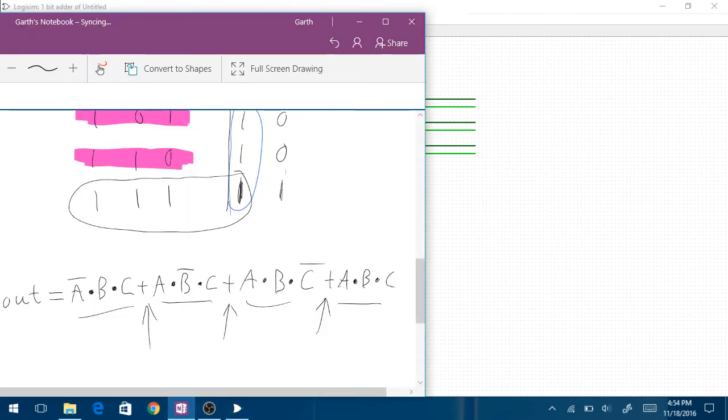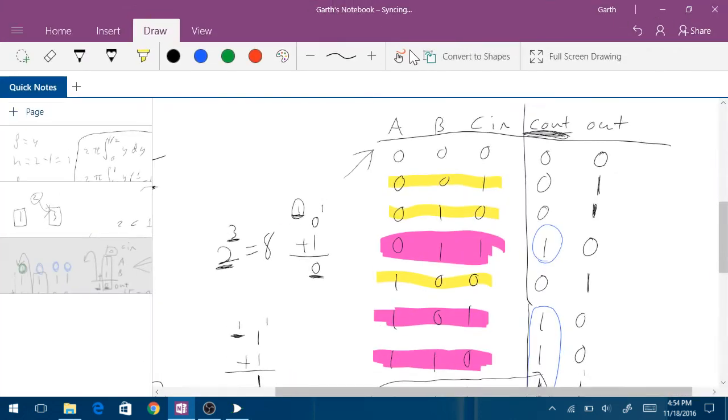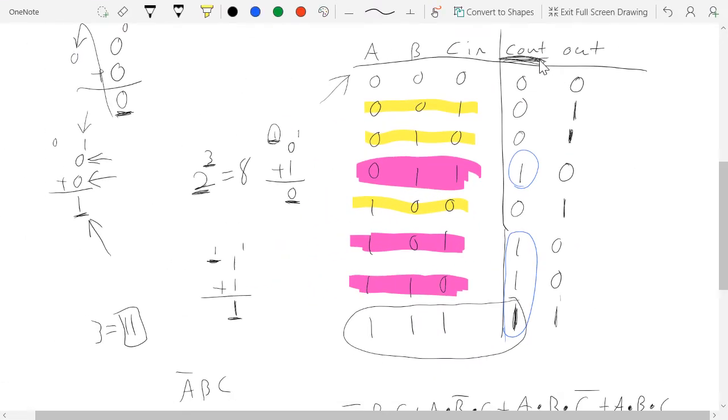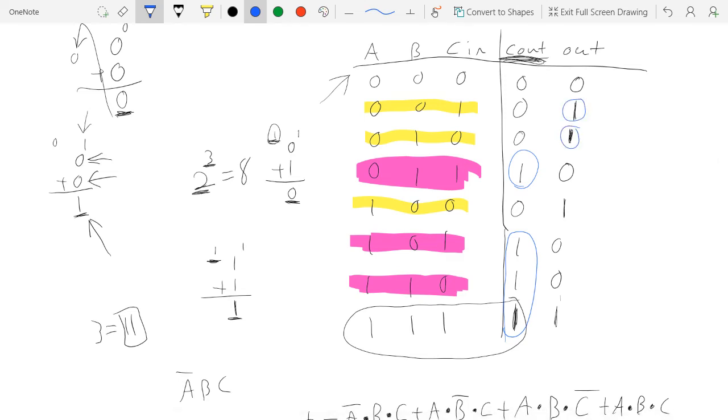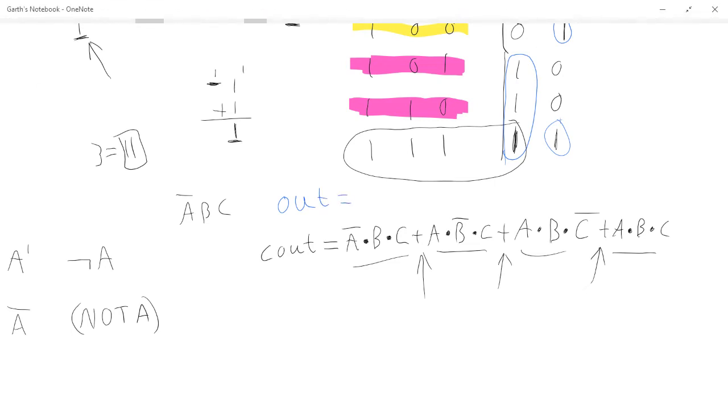So now we've still got 1 output left to go. We've still got to represent our output bit. So if we go back to OneNote, we want to look at when the output fires. We've got this case and this and this and this. We've got 4 cases again where this fires. So we have to write a mathematical expression. So we say our output. I'll just write this in blue so it's a little bit different. We've got our output